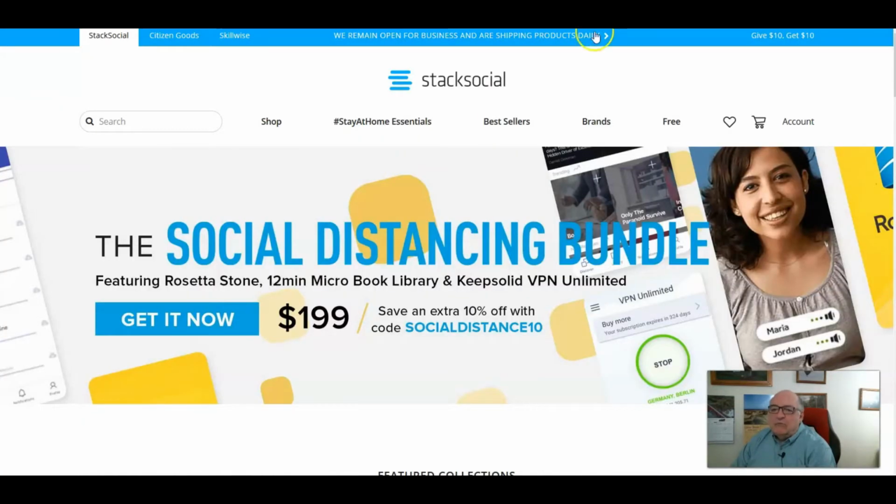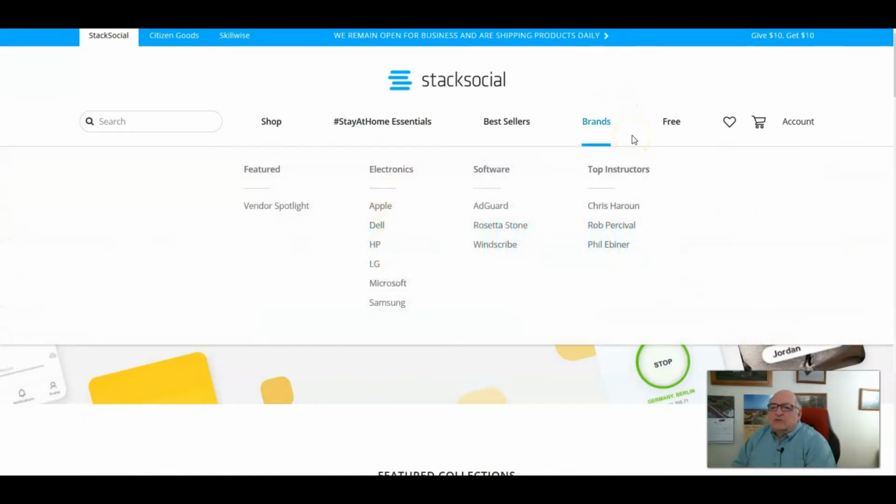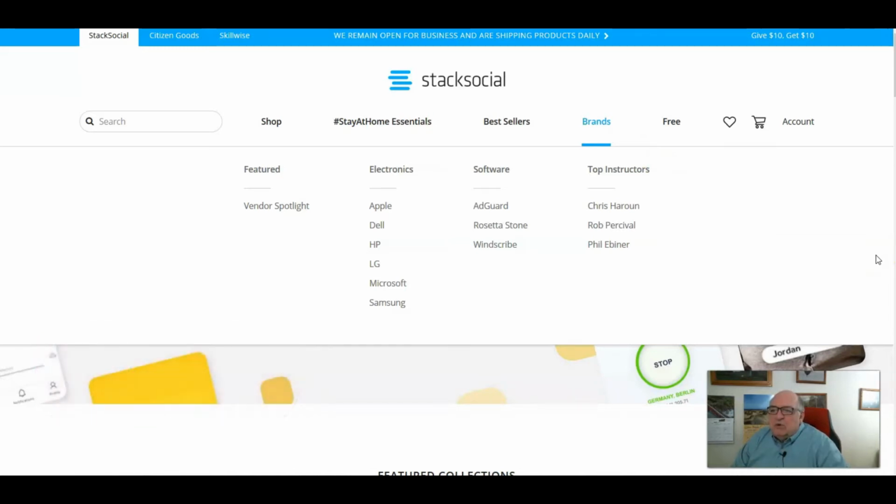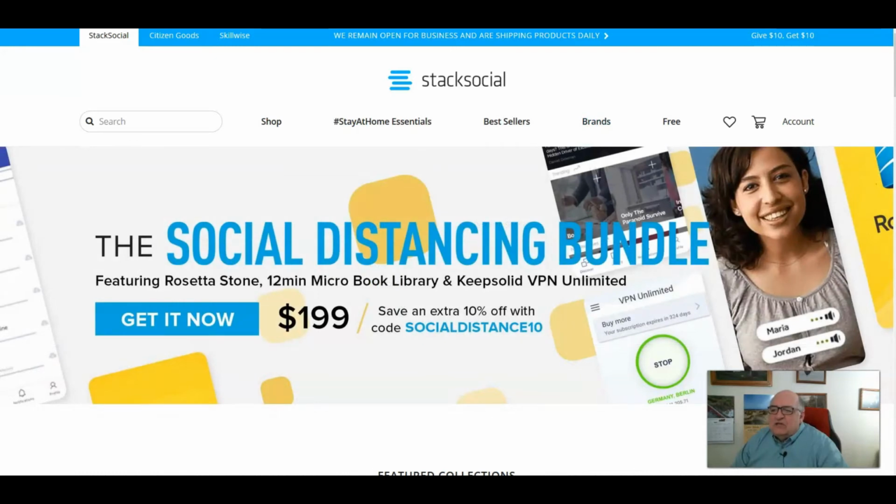The third one I want to go over is a site called StackSocial. Now, StackSocial, in studying it, looks like it's definitely more like a Groupon type place in the market for apps and for technology.